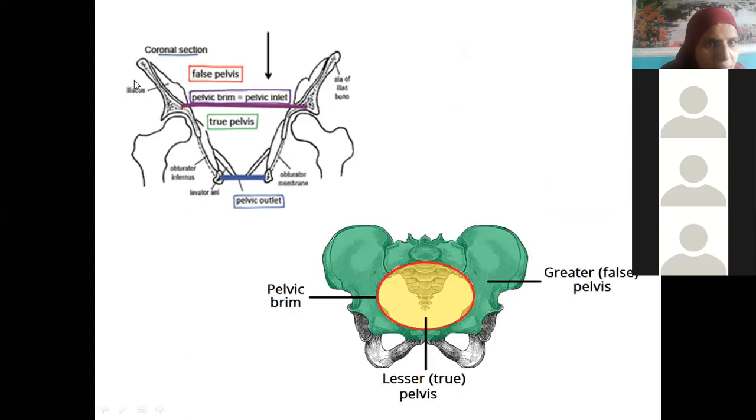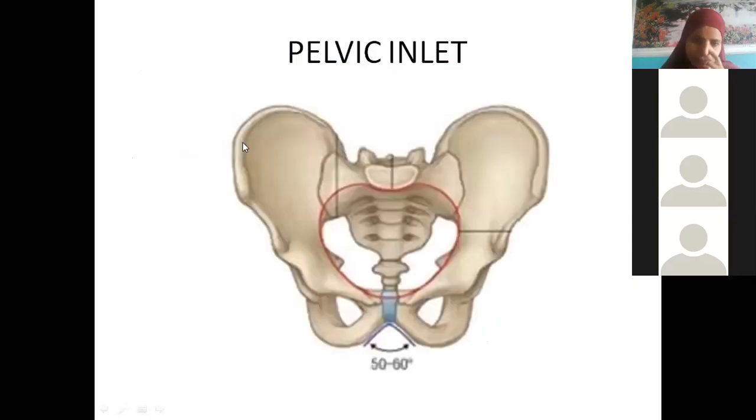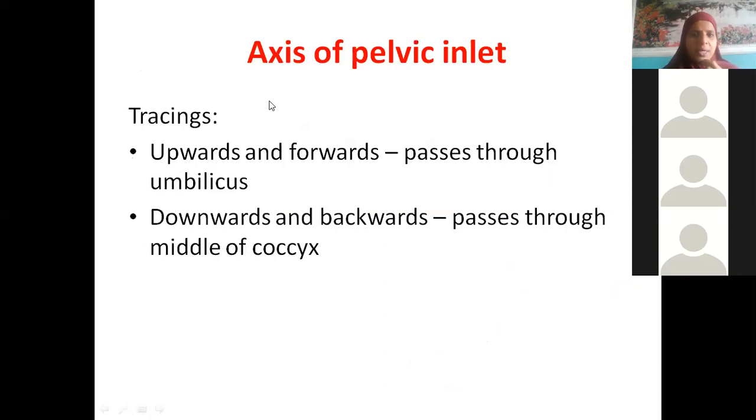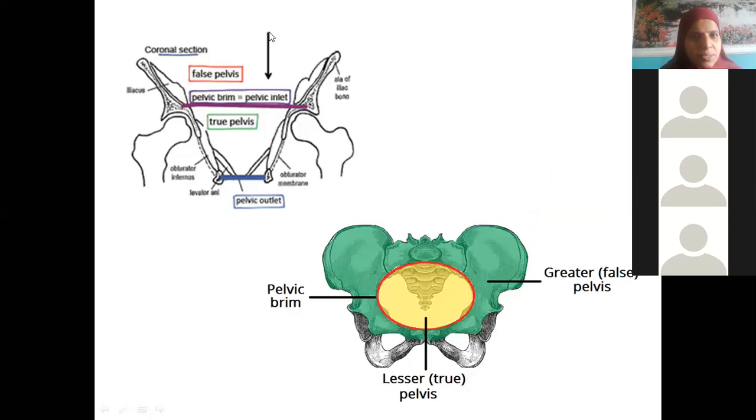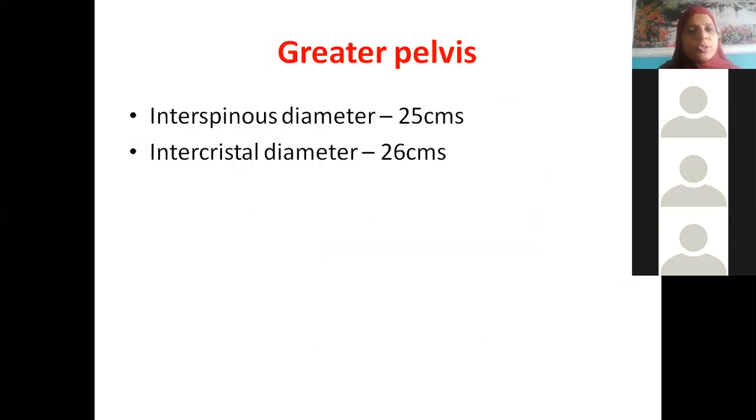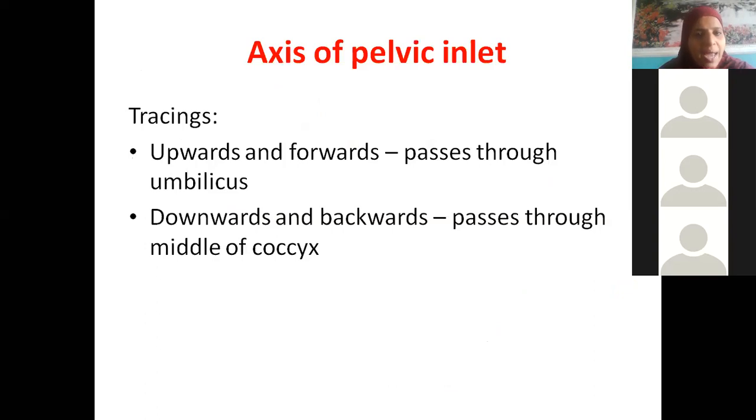So is anything left over? Now see, this is the pelvic brim. I told you pelvic inlet, pelvic outlet, true and false pelvis. Now see here, the axis of the pelvic inlet. Which is the pelvic inlet? This is the pelvic inlet, and the one outside, from where the head of the baby comes out, is the pelvic outlet. When you are holding the pelvis in your hand, you should check the axis.